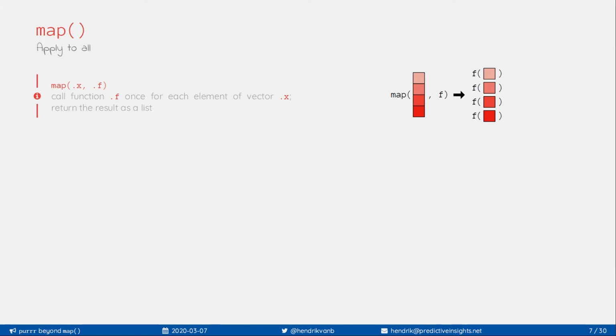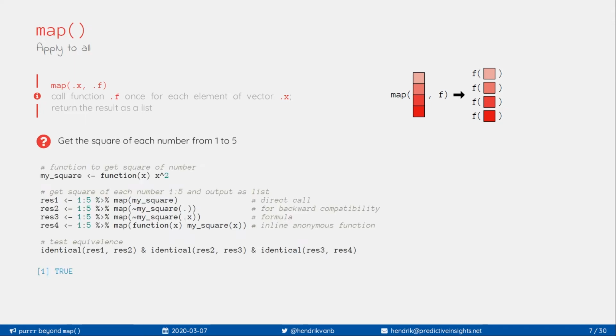So let me give you a quick primer on map, just so we all work from the same benchmark. I'm going to go quite quickly here. So map says, take some kind of vector and pass it into this function. You have a function and you want to apply it to each element of that vector and then spit out a list. Similar to what you might do for a for loop, right? Apply this function to each element that I'm passing to you. Okay, so this is basically the syntax, what it looks like. I've defined a function there that's already vectorized that doesn't need to use map, but that's how you would use it with map, and out comes a list.